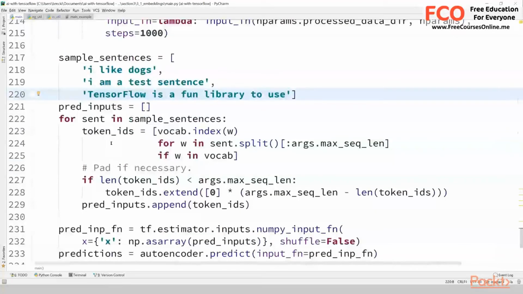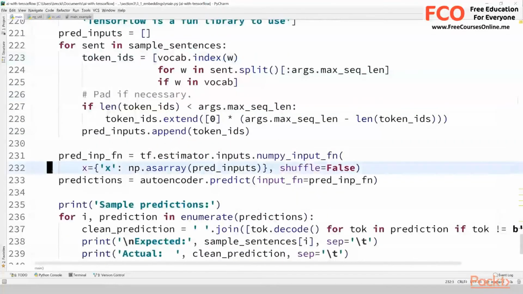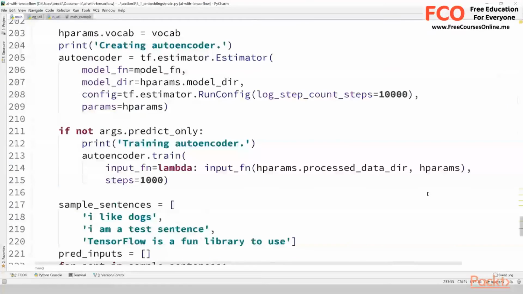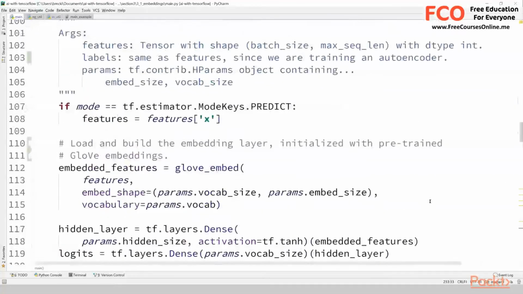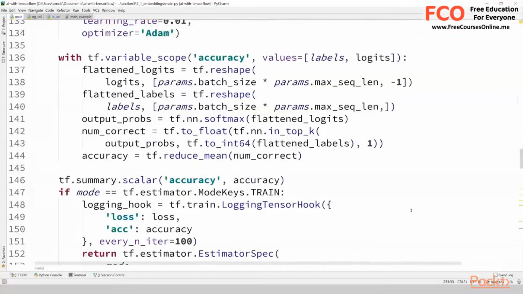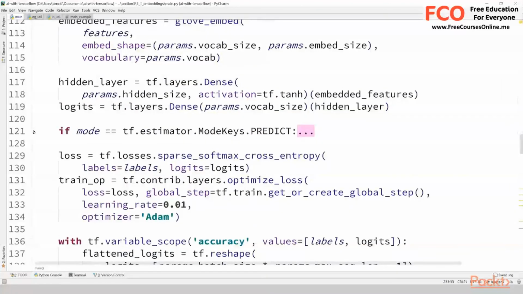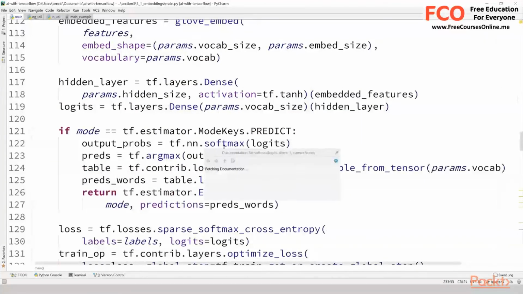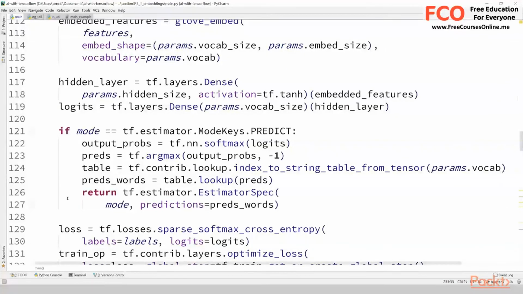So I'm just going to loop over here, and I'm going to convert each of these sample sentences into tokenized integer IDs, because our model will only accept integer IDs, so we convert those with our vocabulary as we've done before. Then I feed those in using the very handy tf.estimator numpy input function, so I can just feed it directly in to get some quick predictions out. We call autoencoder.predict, and the only difference with logic here is that we have to go into if mode is tf.estimator.ModeKeys.PREDICT, and instead of doing the rest of this model function,